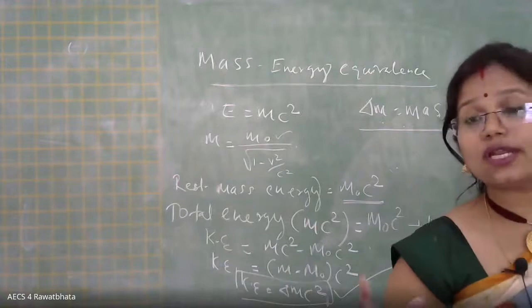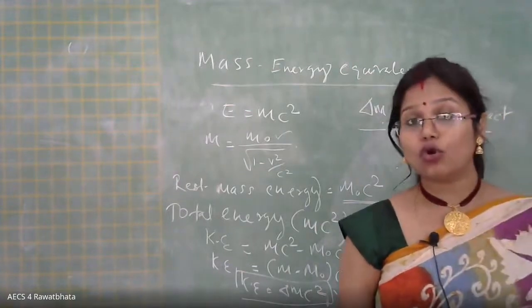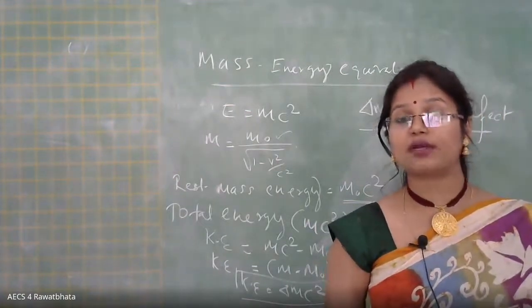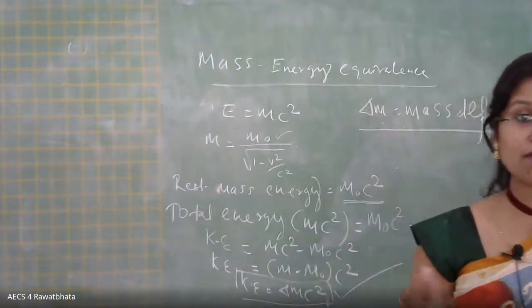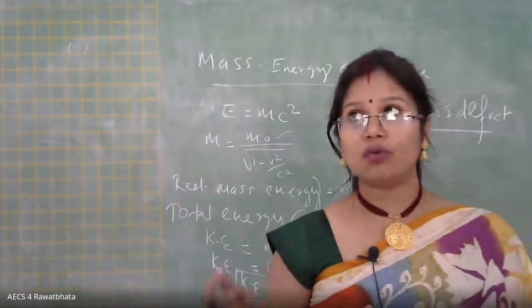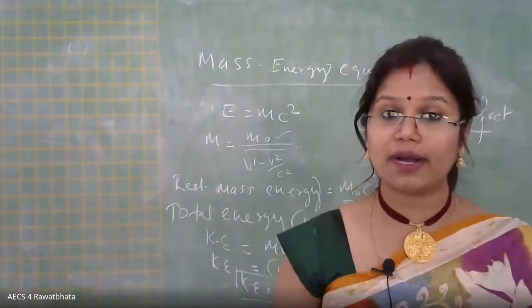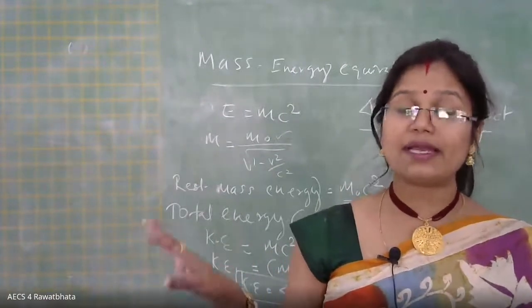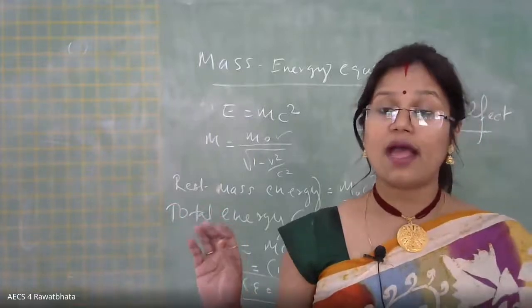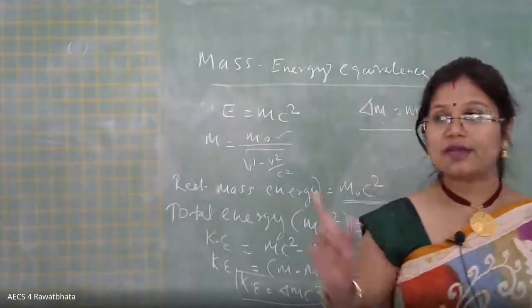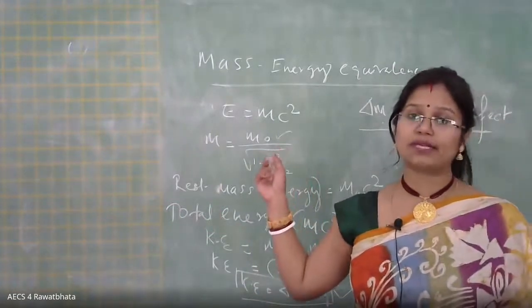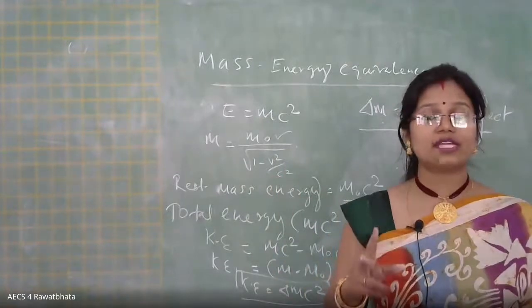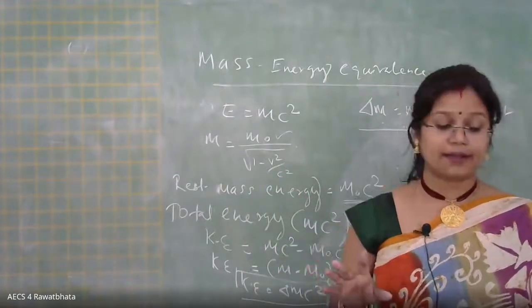In NCERT only, listen here, two examples are there. Go through the two examples; they're very, very important. The first example is the part which I have given you as homework, where you convert 1 AMU into electron volt or million electron volt. That part they are asking there. One more example is there, based on this E equal to mc square. Two examples are there in the NCERT part. Please go through that, dear.